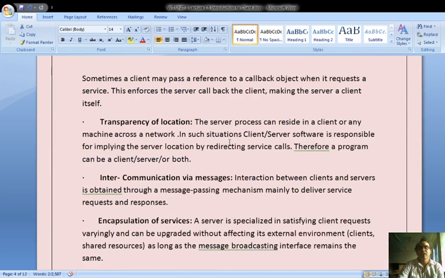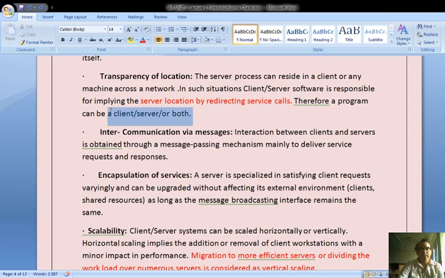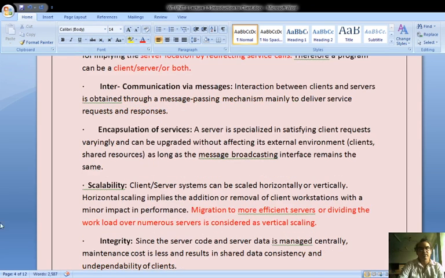Next property of client server is transparency of location. Therefore, a program can be a client, a server, or both. Next is intercommunication by messages. Interaction between client and server is obtained through a message passing mechanism, mainly to deliver service requests and responses.